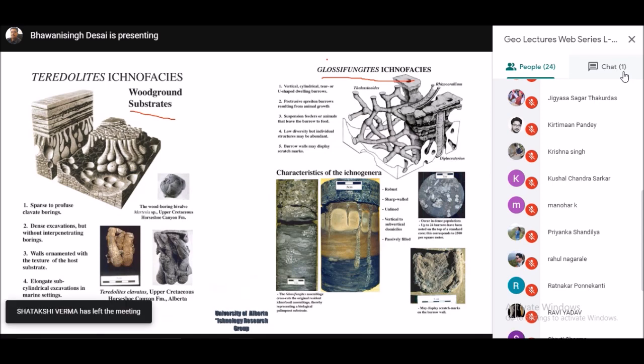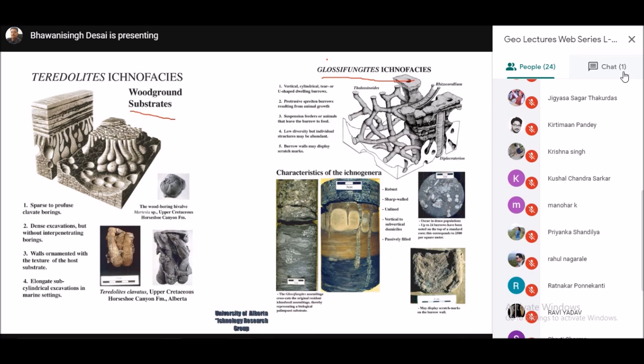Now why this is separated is because those animals which have adapted, which have very soft skin, to live in the soft sediment, once this becomes dewatered, they won't be able to live here. Another example is mud or very fine-grained area, like a delta, where prodelta mud is being deposited. In those cases where the mud has become lithified, it becomes very hard, almost like a shell. Once the substrate has changed, the original animals won't live there, they will have a different set of animals. So they have these different ichnofacies.